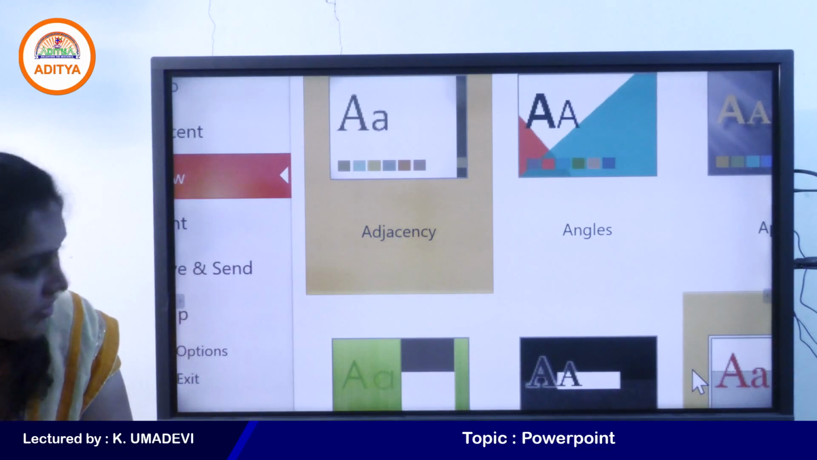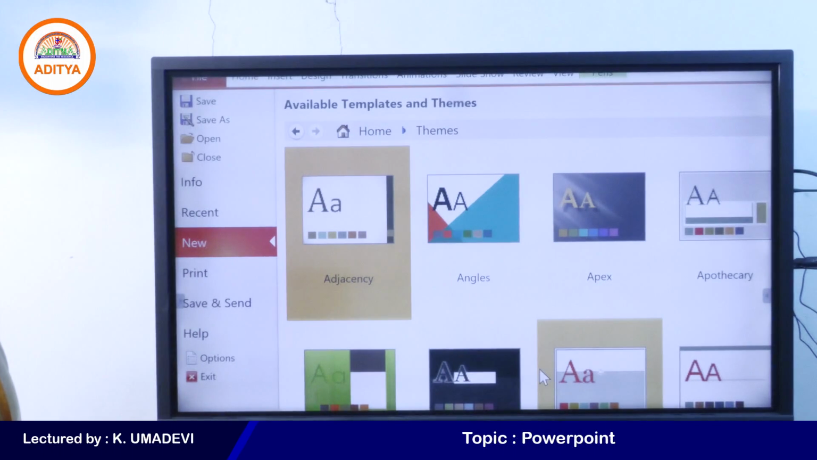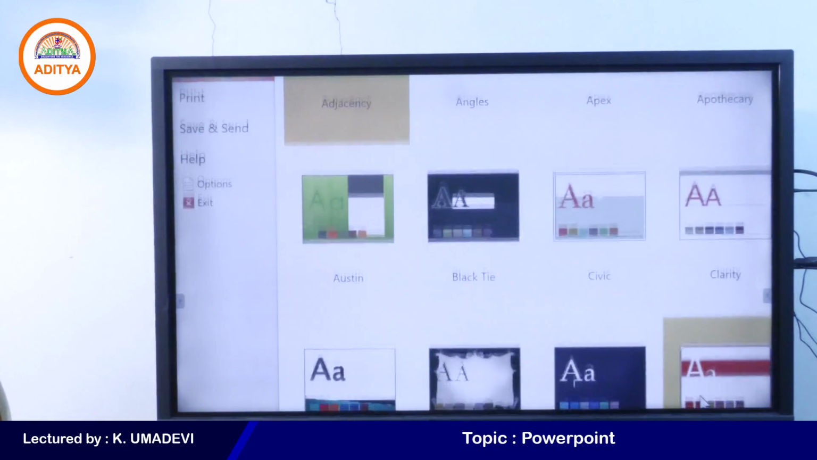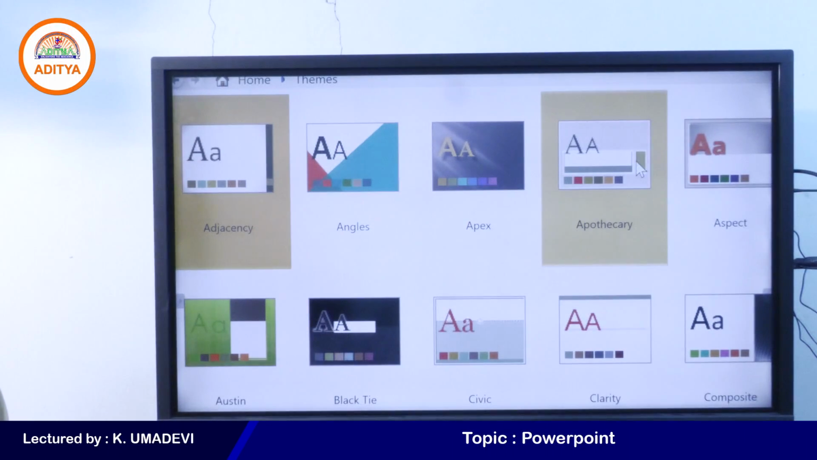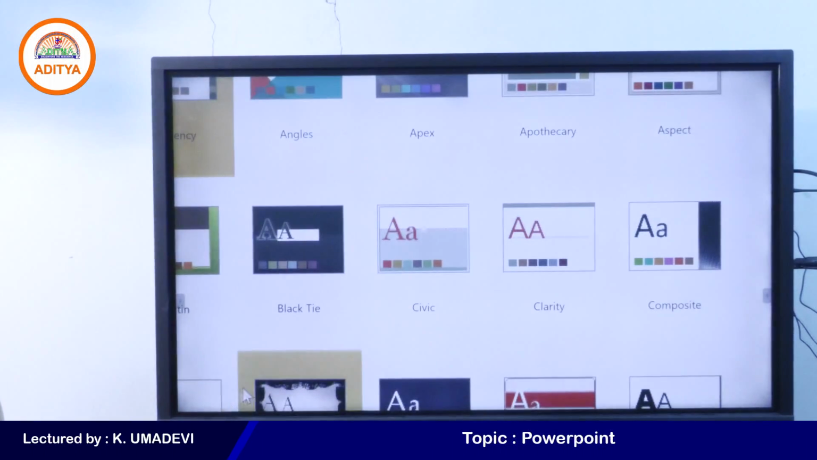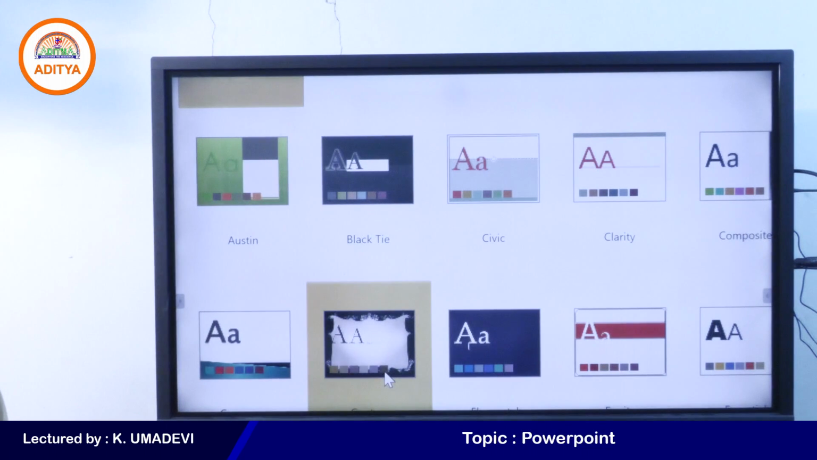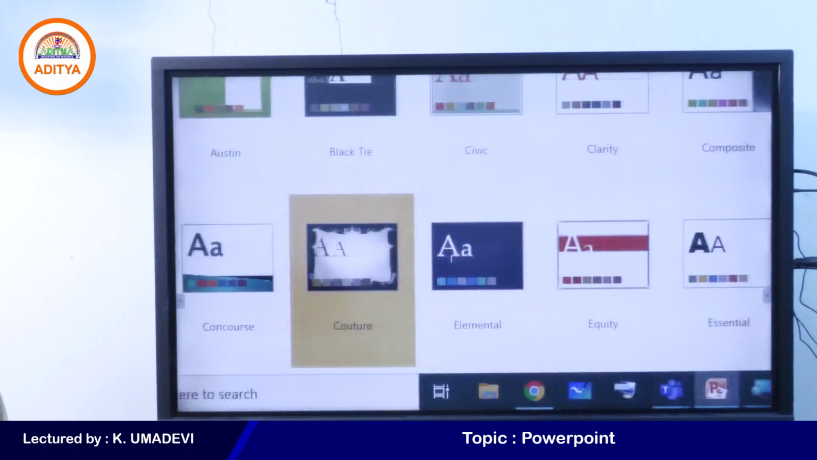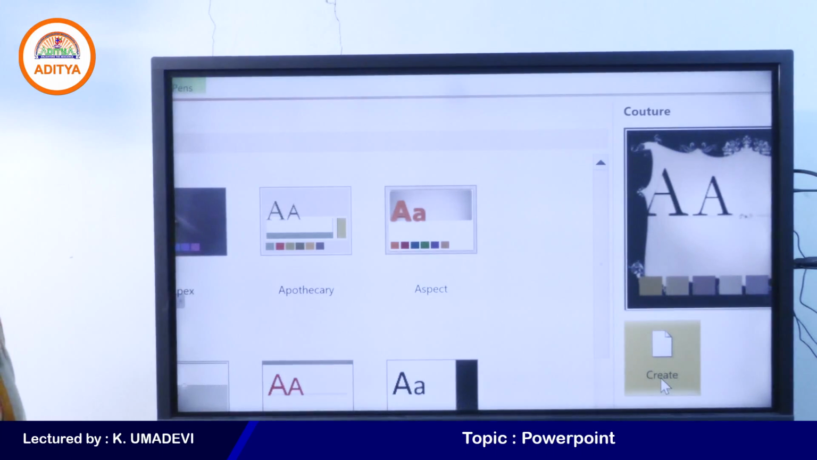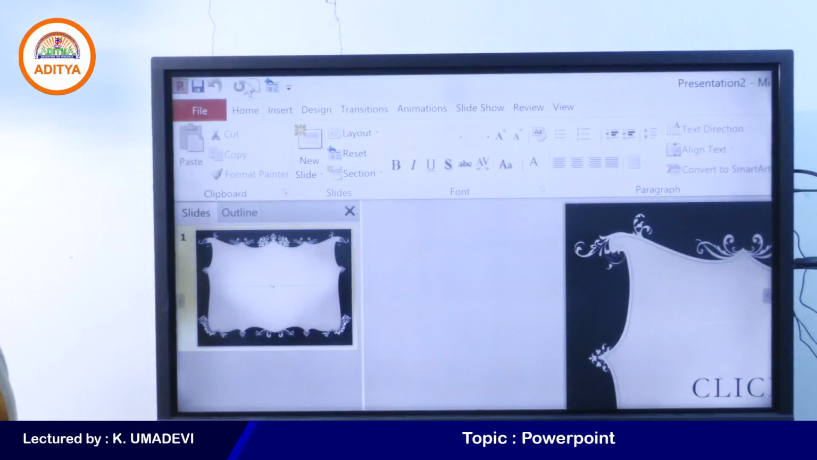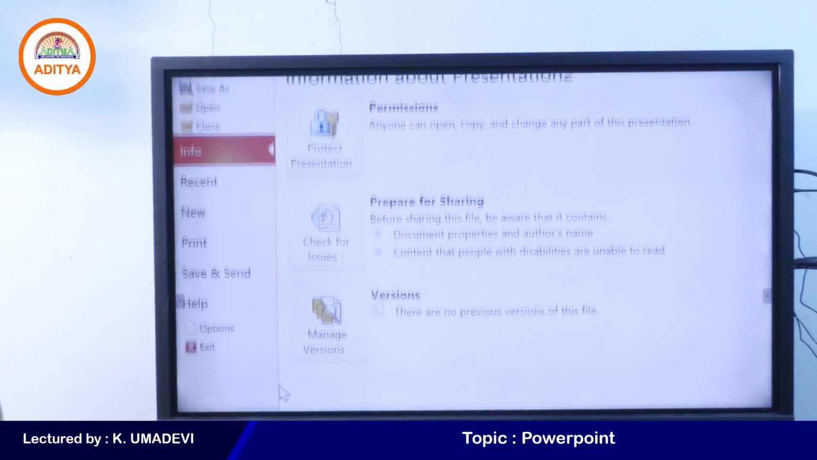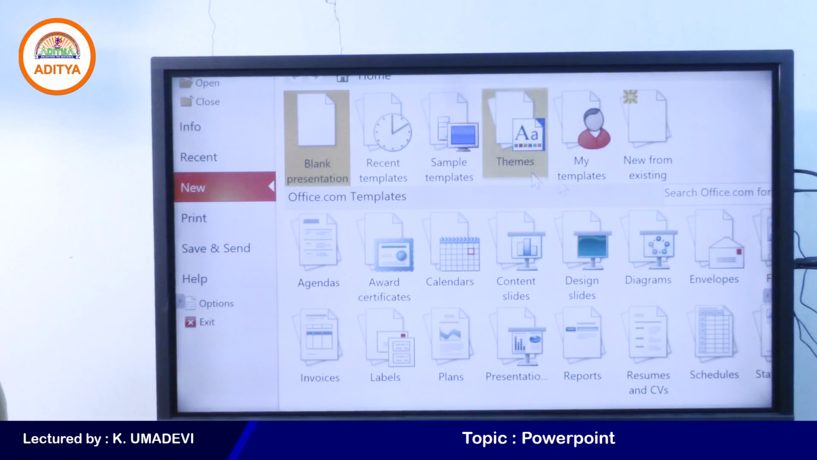So I'll just zoom out the screen students. See, these are all the inbuilt themes provided by PowerPoint. Okay, so, angles, apex, aspect, clarity, composite, black tie, civic, etc. Just select a theme, okay, and click on Create. Okay. So by using the themes we can create a new presentation, or else next one is click on New,